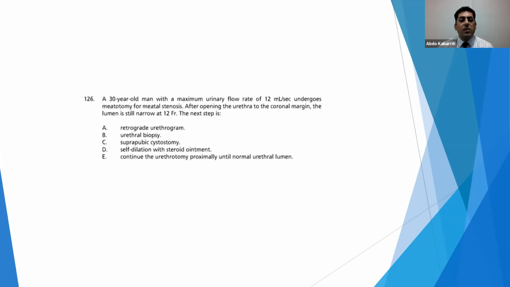You have a 30-year-old man with a maximum urine flow rate of 12 milliliters per second that we spoke about. This gentleman undergoes a meatotomy for meatal stenosis. So you open the urethra to the coronal margin, but the lumen is still very narrow at 12 French. The next step is